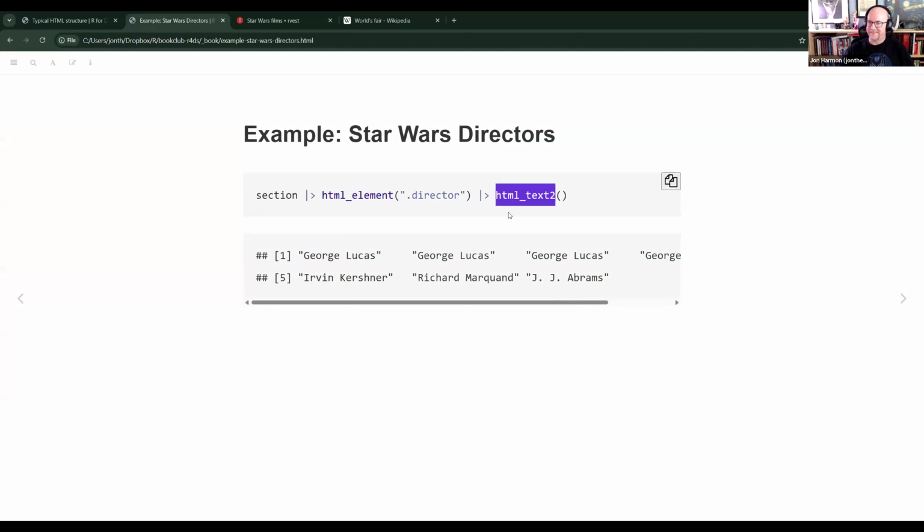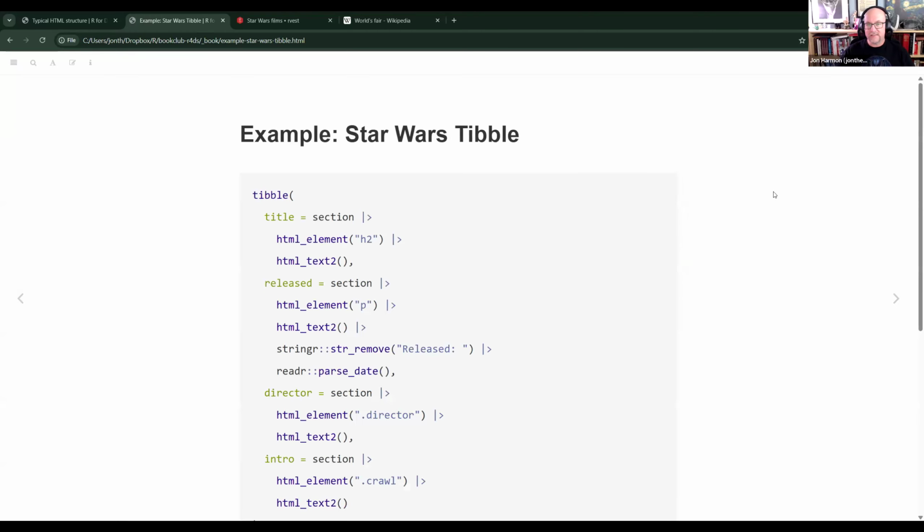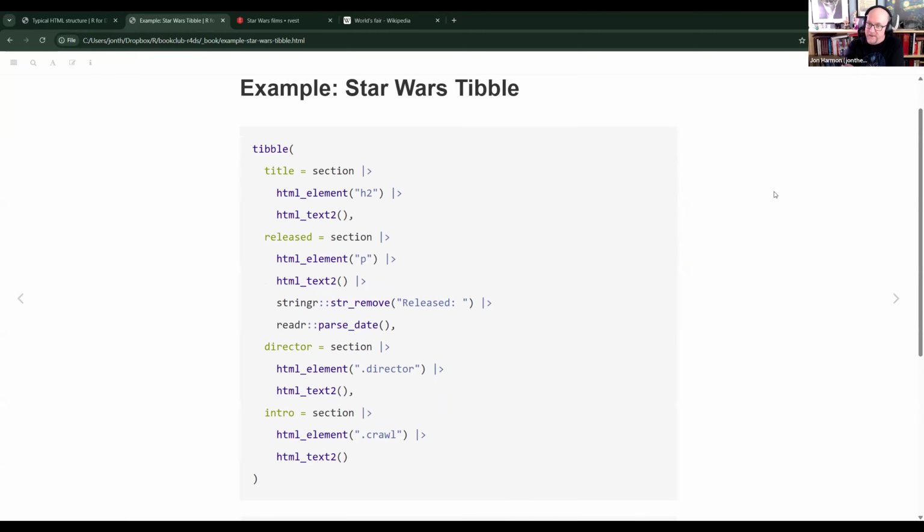So it would have been fine to do html_text without the 2, but for the most part, I do html_text2 unless I have a reason to do html_text without the 2, which is, I don't know, unfortunate naming. He should have called it html_text and html_text_raw or something like that. But all right. And this is something I do all the time when I'm compiling Tidy Tuesdays: